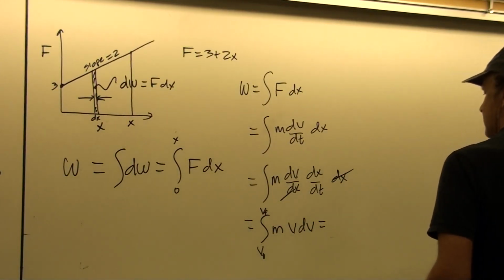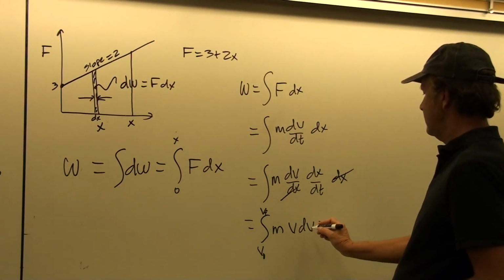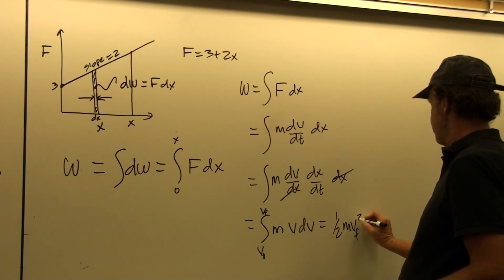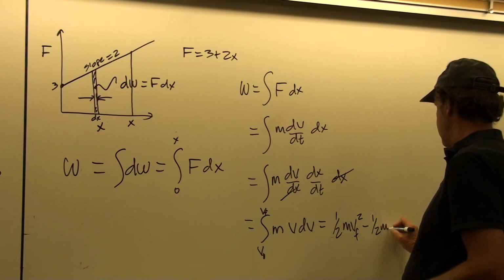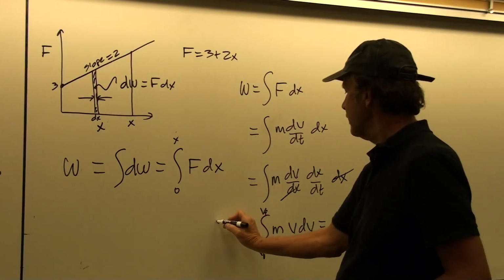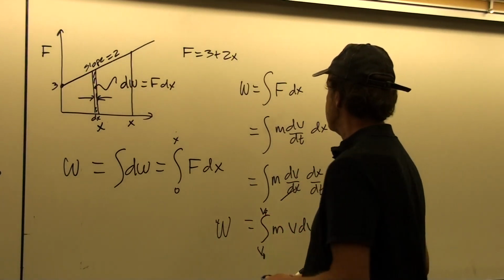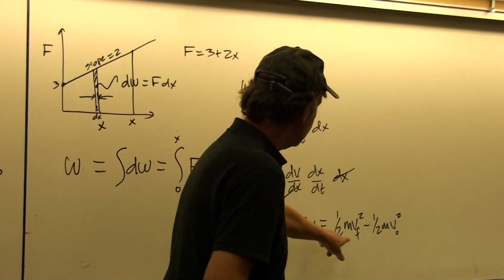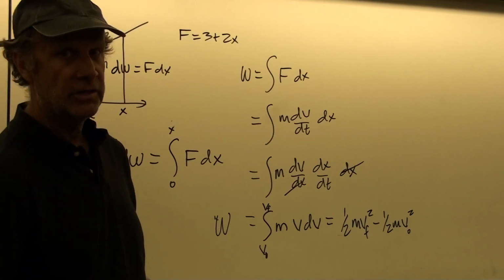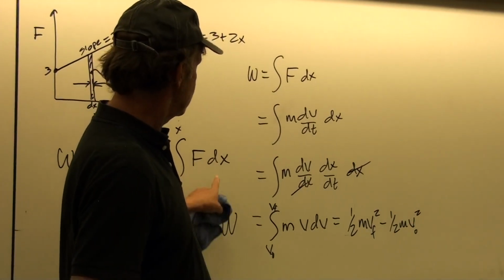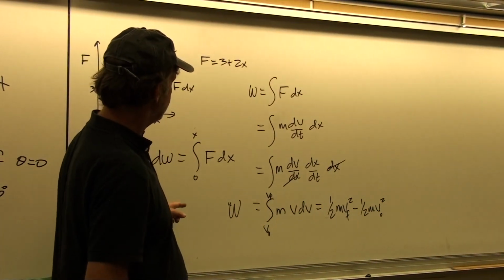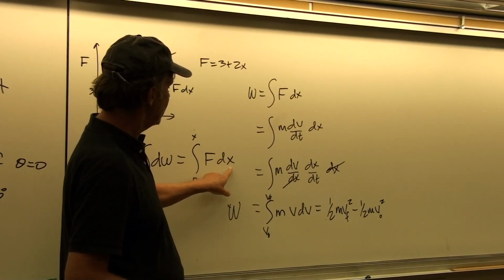Right, so that's going to be 1/2 mv final squared minus 1/2 mv initial squared. So you can see that even with a variable force that's a function of displacement, we still get the same expression for the work as being the change in kinetic energy. And what this shows is that this work expression is going to be valid even if the force varies but